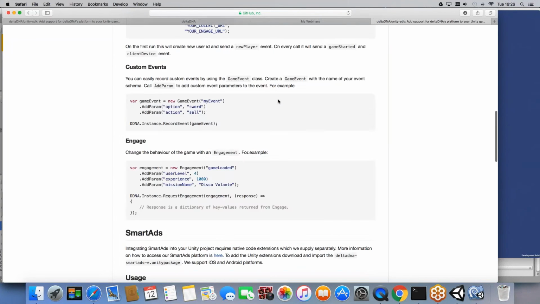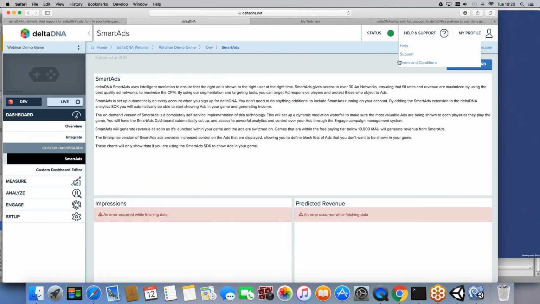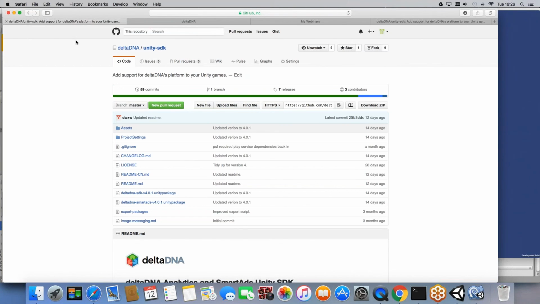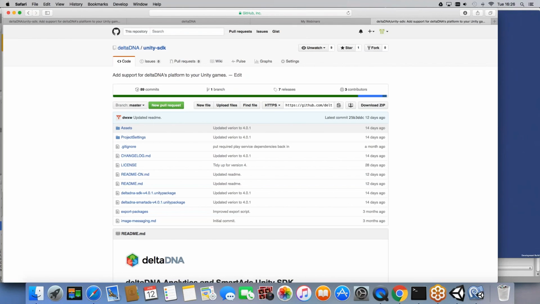Keep your eye on the documentation portal. There will be some tutorials and more details going up on SmartAds in the coming week or two. And as always, if you have any questions, you can use the help button here, which takes you to the documentation portal. The support button will open up our support links. So if you do have any problems with the SmartAds or any questions, just give us a shout on that support button or from within the documentation portal, which has the same support buttons, or you can simply email us